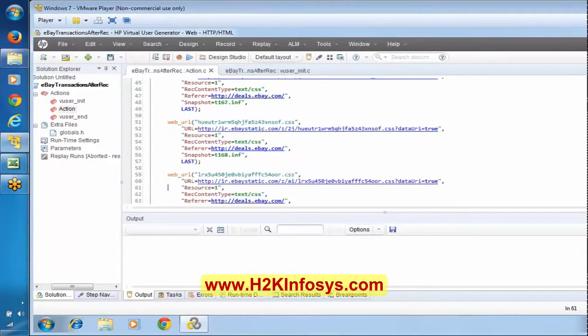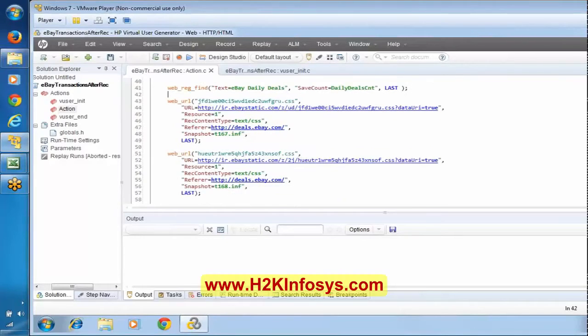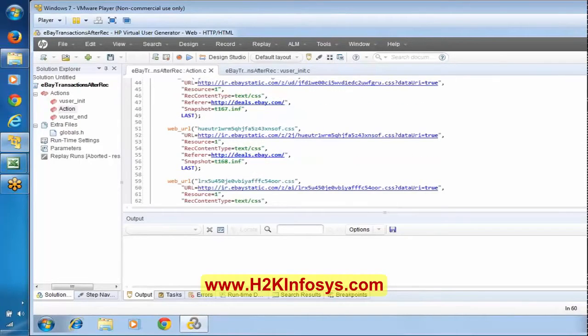Now here, as I said, this is a LoadRunner variable. If I want to make use of this LoadRunner variable in conjunction with this C language related loop,